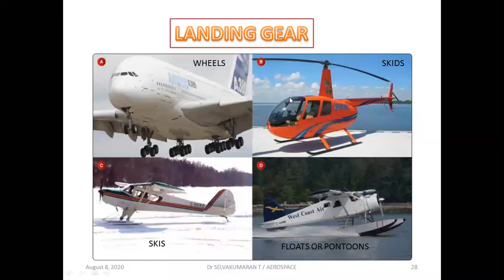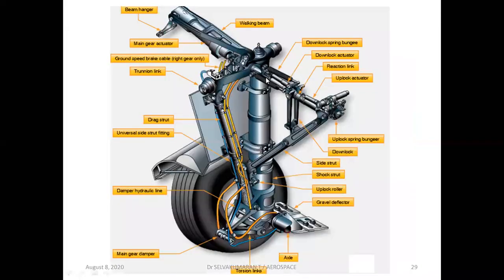Okay. So now going to the next slide, you can see this. I just took it from Google. Okay, showing various components of a typical landing gear structure. You can study all the individual names and about their functions. It is clearly given in that particular website. I'll share the details later about this, a typical landing gear.